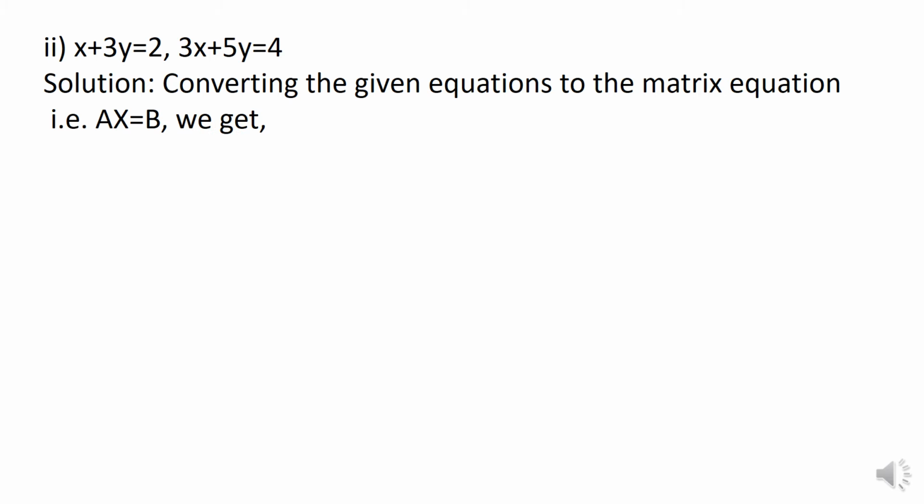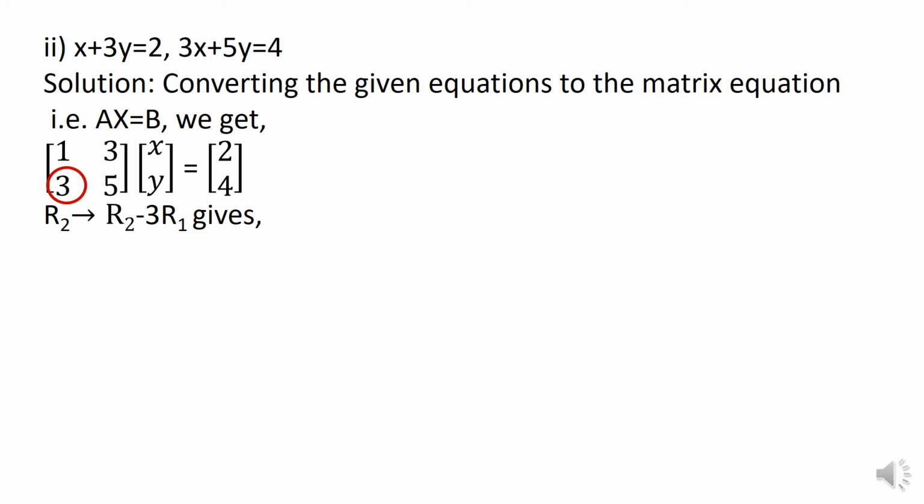Let me help you out with one more sum of this type. So as usual, we convert both the equations into matrix form by writing AX = B like this. Now observe the matrix for some time. Decide whether you want to convert it into an upper or a lower triangular matrix. Here we find that converting it into an upper triangular matrix is easier. So we proceed by converting 3 to 0. We transform R2 such that 3 becomes 0 by doing this operation, that is R2 minus 3R1. Thus we get 0 in the appropriate place.